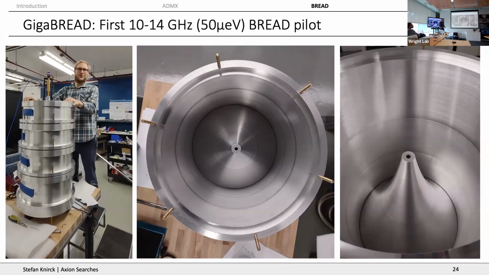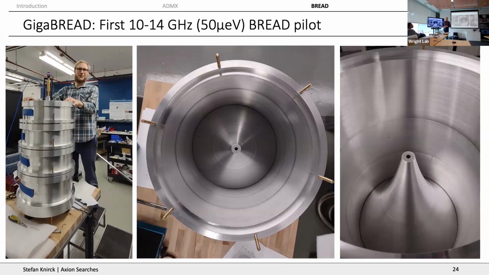So this is me standing beside my BREAD prototype that I built a couple of years ago, which is a meter scale 10 gigahertz detector. So 10 gigahertz is like centimeter wavelengths, right? But this is still orders of magnitude larger than the wavelength. You have this outer cylinder, which we use as a conversion surface, and this inner parabolic reflector, which then focuses